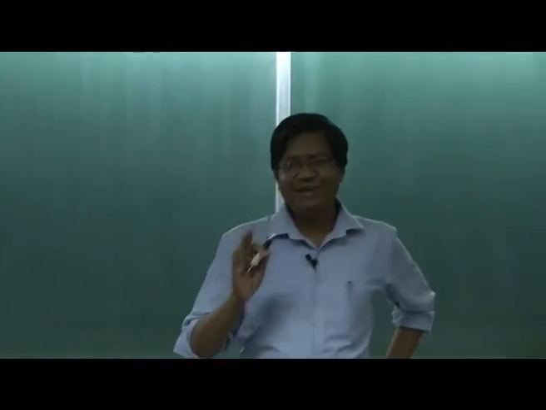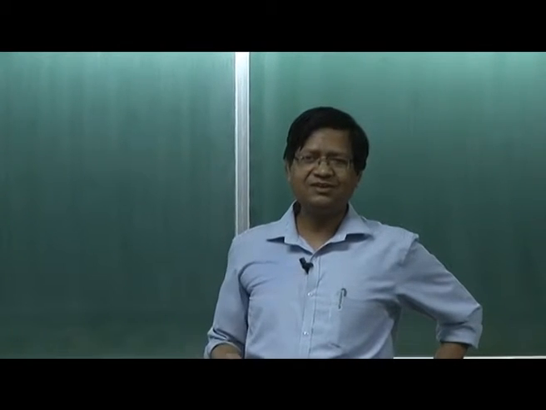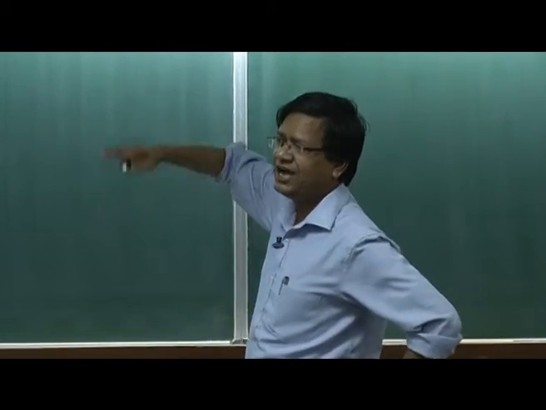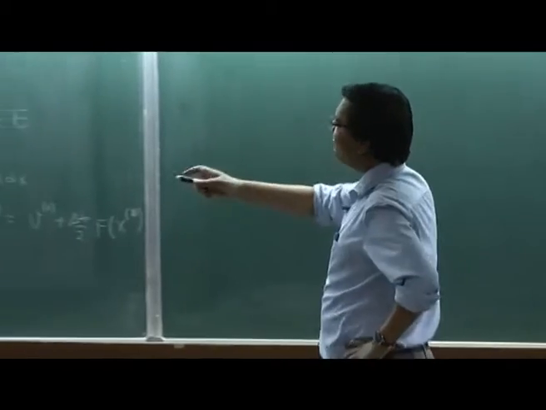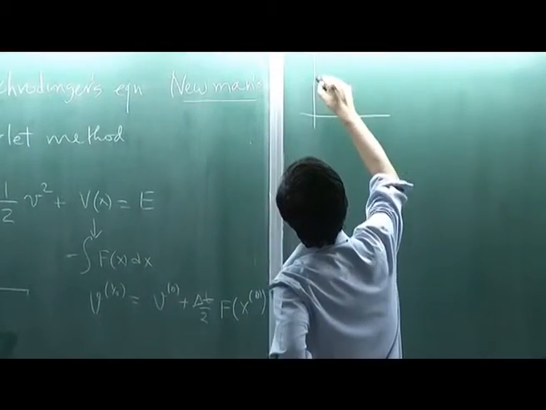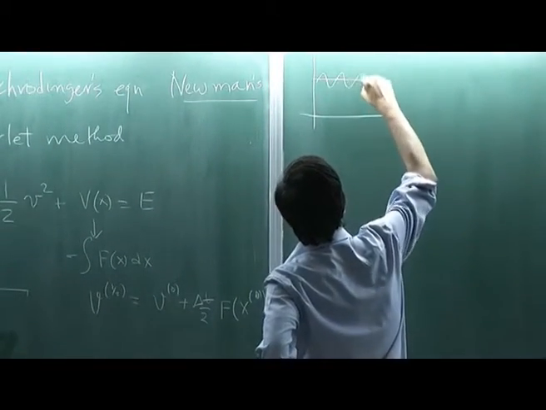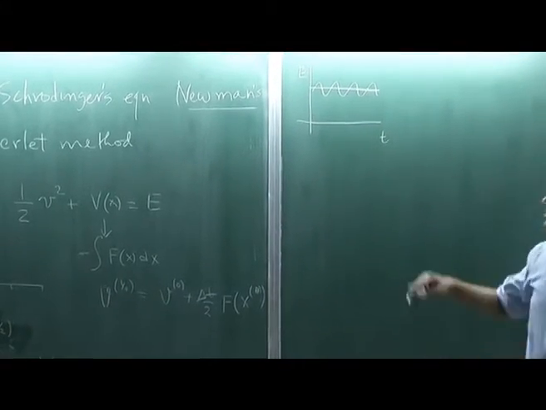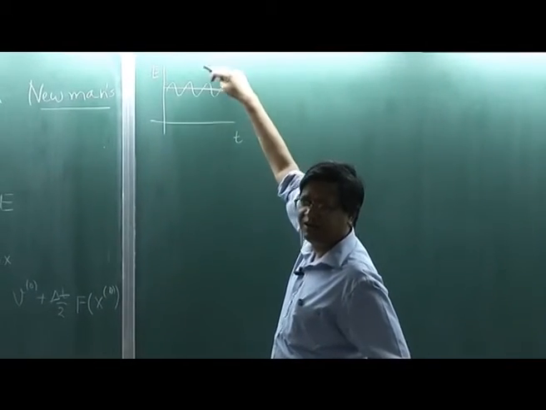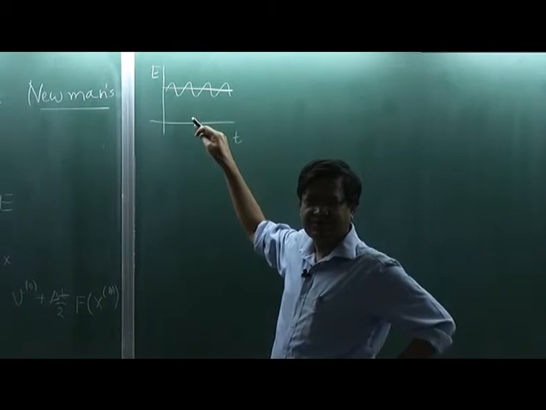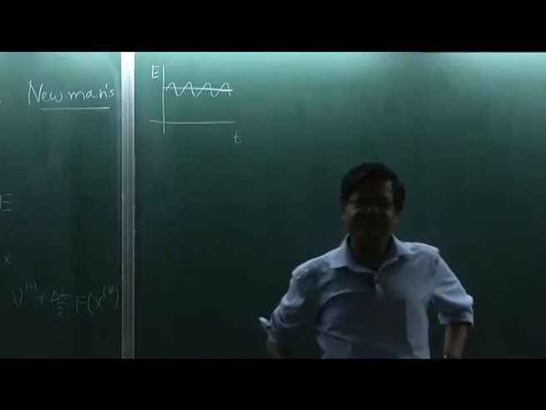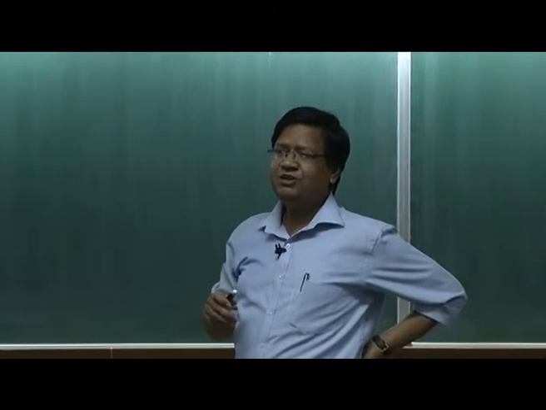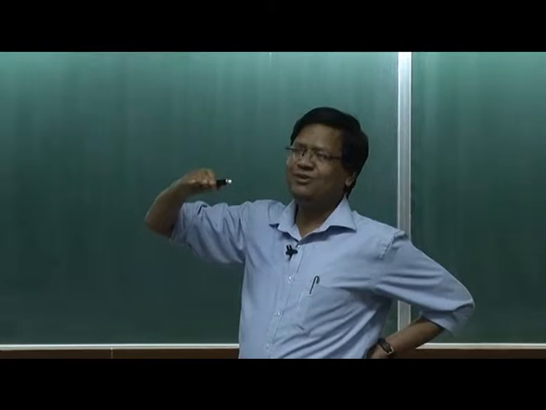If you apply this scheme, you will get an accurate mechanics solution. Well, accurate, again there will be error, but it will be time reversal symmetric. So energy will not be exactly constant, but it will oscillate around the correct value. So if I work with this, suppose this is the energy, it will do something like this. The error does not grow, neither will it decay. So this is guaranteed. So for quantum mechanics, my mod psi squared will not be equal to 1, but it will be around 0.99 to 1.01.